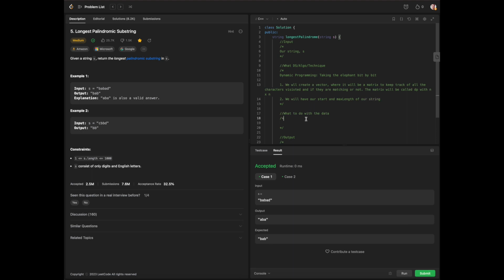Then, with the following data, we will first loop through the string S from the end to start, because we're going to break up the string into two parts, and then in the same operation we will loop through the string S from the beginning to the end, and then we're going to check every single